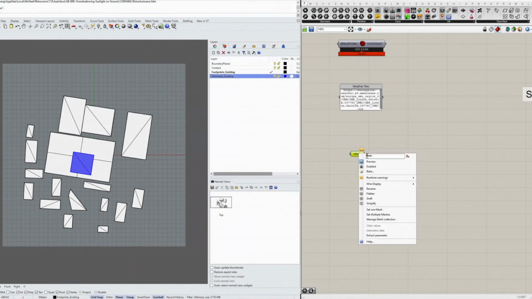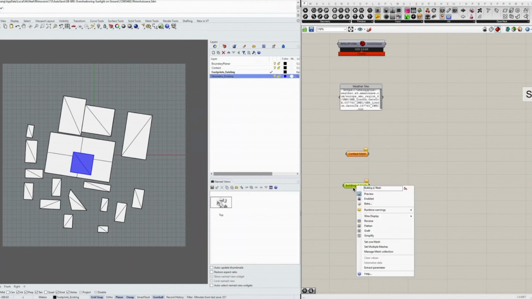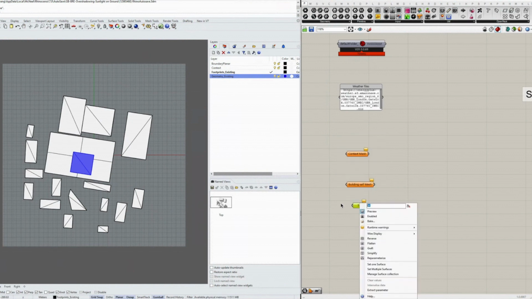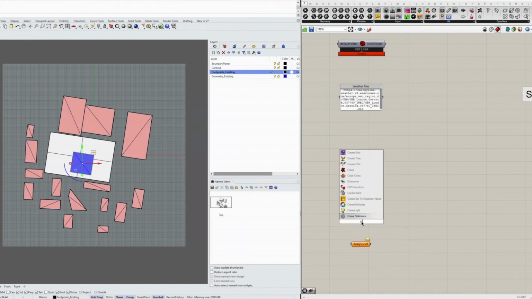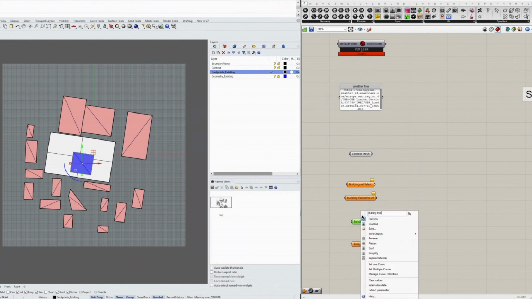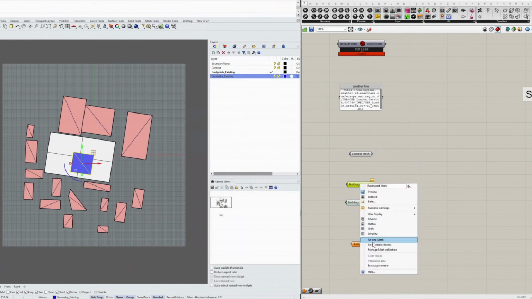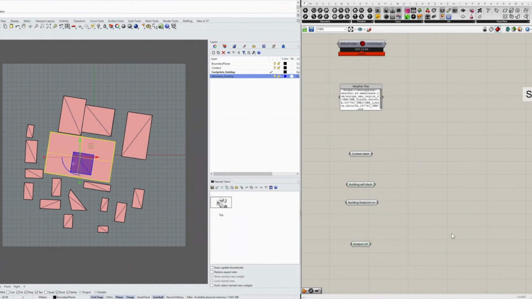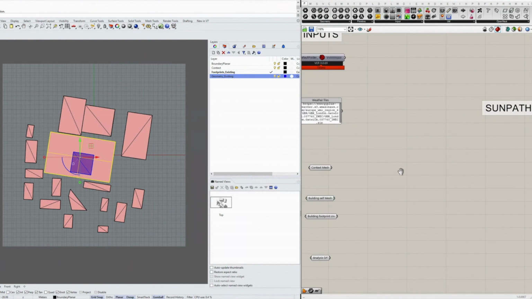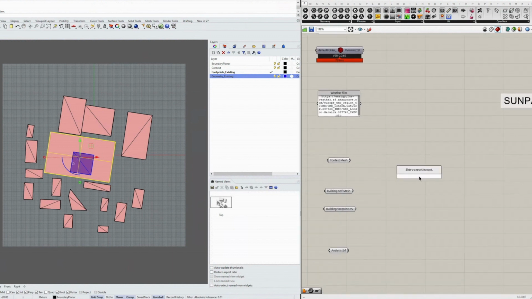And in terms of Rhino geometries, I would just simply reference them in manually. But of course, if you have other methods to reference your geometries according to layer, for example, you can do so. After referencing all the geometries, including the context mesh, building footprint, and the analysis surface, we can then use Ladybug